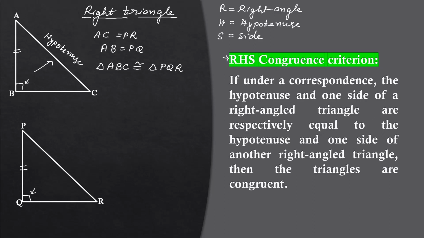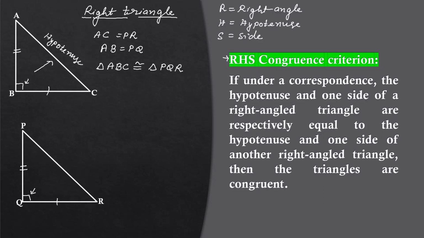If you don't have AB equal to PQ and instead of that if you have BC equal to QR, then also we can say that they are congruent by using RHS. So for right angled triangle, RHS congruence criteria can be used. Remember, RHS can be used only for a right angle triangle, whereas